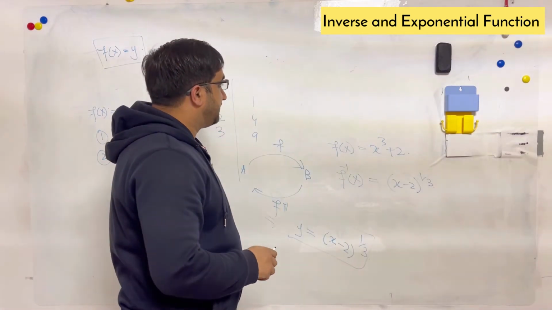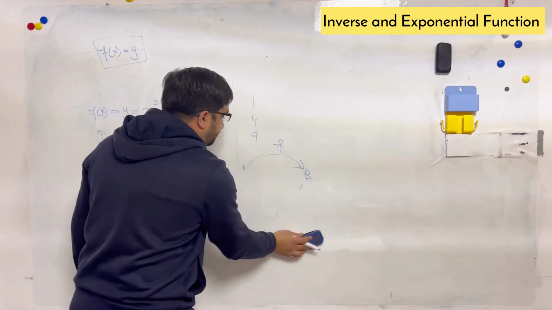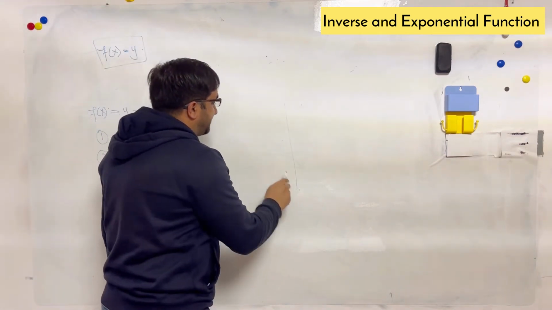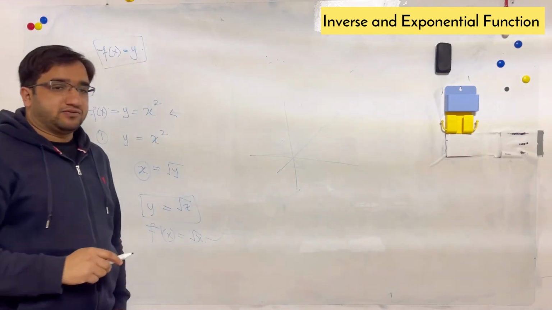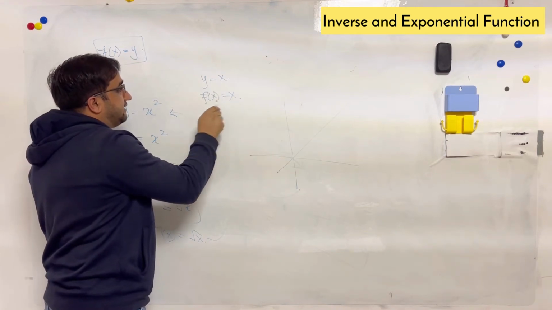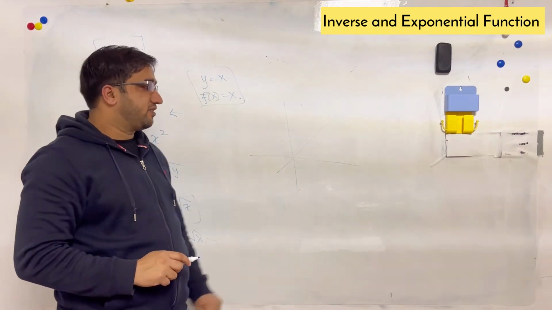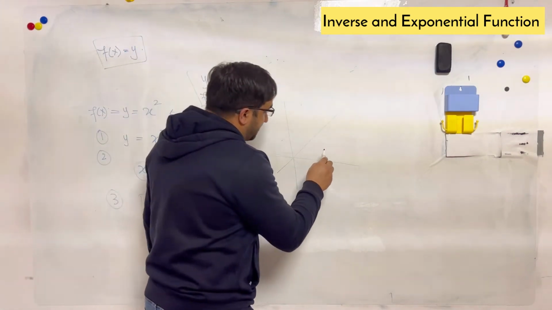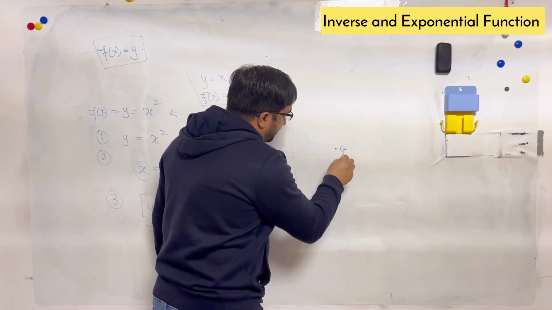And graphically, if you have something, for example, if we have a straight line, this is the xy coordinate, and you know that the straight line is y equals x. This is a function, f of x equals x. This is a function which always gives you a straight line in the xy coordinate system. So if this is the straight line and I have a point somewhere here, and I'm telling you this is a point AB,